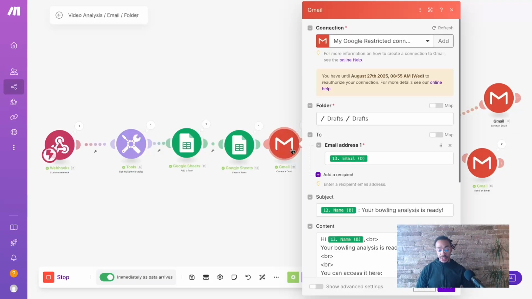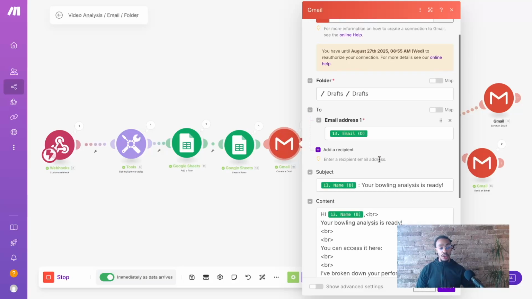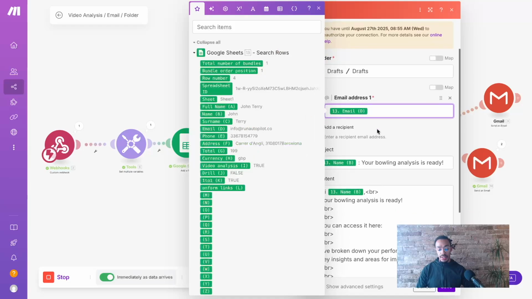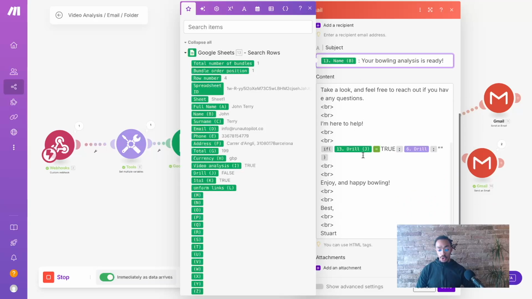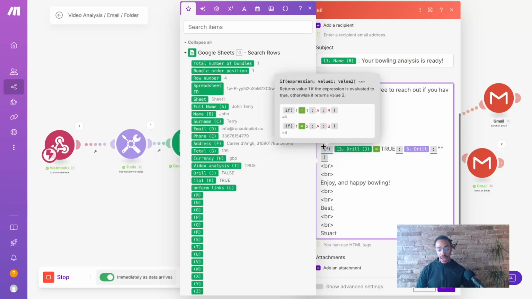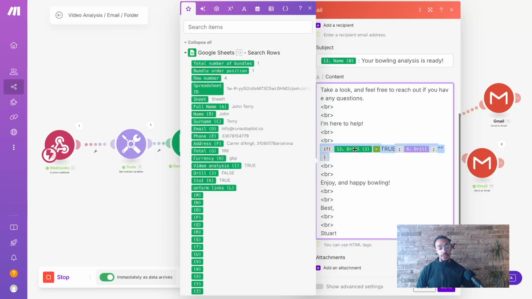So then we will add this Gmail module that will allow us to create an email directly in our drafts in order to respond to the students later on once we have the link of the video analysis. So the first thing that we do is add the email address, and then we personalize the email with the subject using his name that we have in the database, but also with this part here, which is actually an if function. And if the drill product has been bought, then we want to add the drill variable, which is a few lines that we want to add in this email